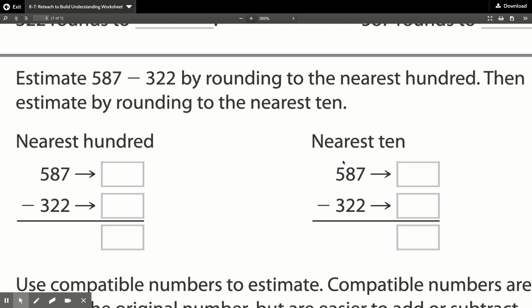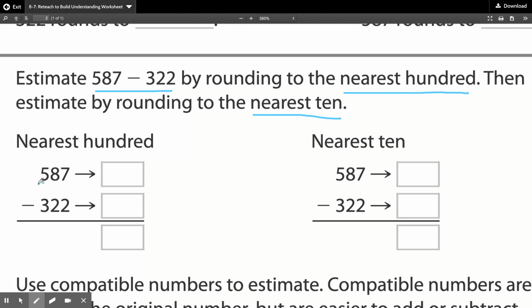Good morning. So today we are working on estimating differences. And when we find the difference, that means we are subtracting. So we're going to estimate the difference of 587 minus 322. And we are going to do this by rounding to the nearest hundred, and then we are going to round to the nearest 10. So if we are rounding to the nearest hundred, the first thing I need to do